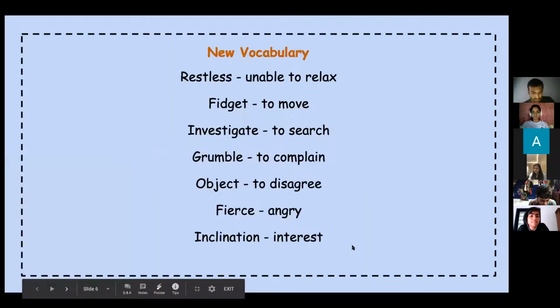Then you give them new vocabulary that they need to write down in their notebook. This is something that we'll have to start practicing: asking them to write these vocabulary words down in their notebook. Once you're done with this, all right. Now,